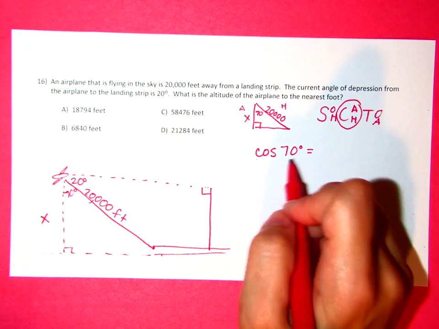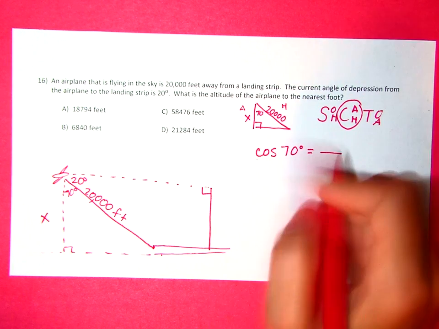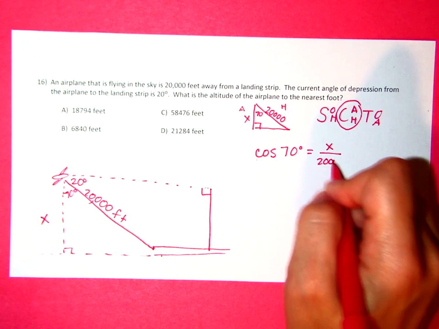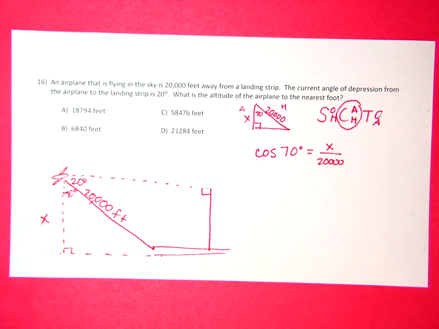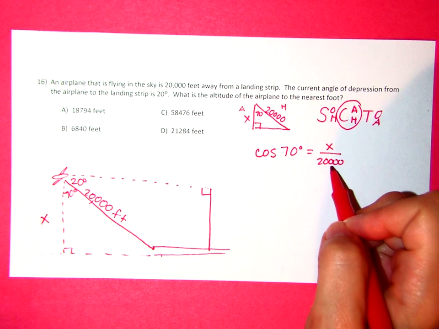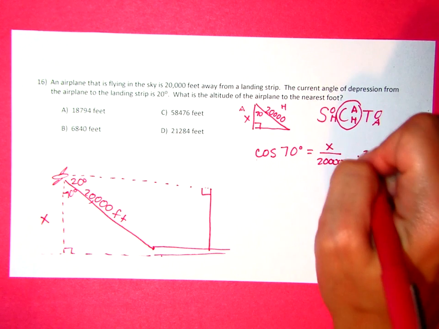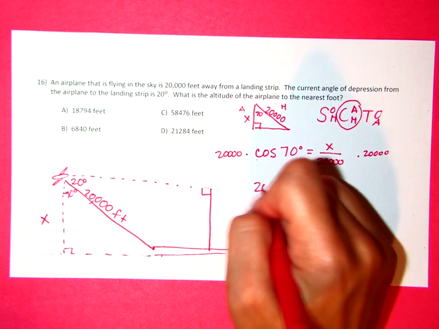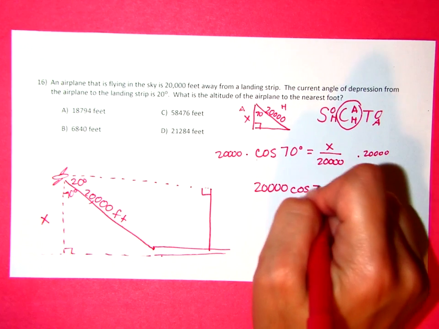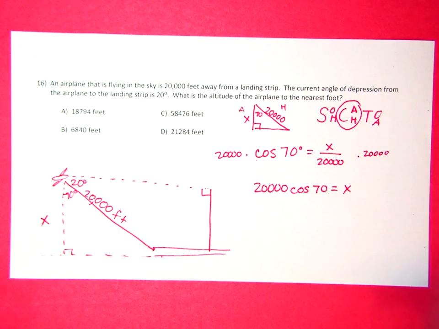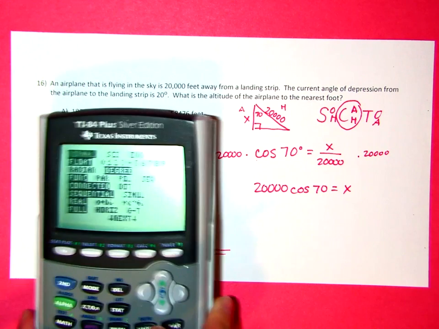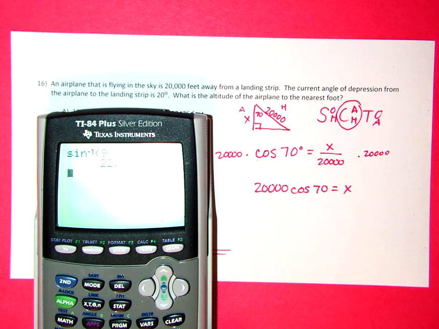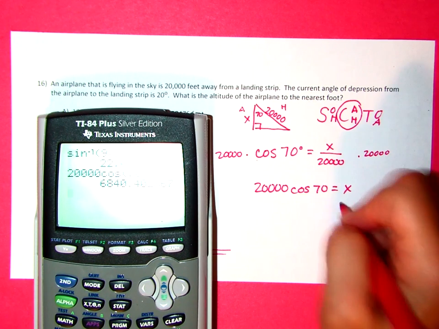So the cosine of 70 degrees is going to equal the adjacent side, which is x, over the hypotenuse, which is 20,000. Now we're trying to solve for x here, and this says x divided by 20,000. Well, the opposite of division is multiplication, so if I multiply both sides by 20,000, that gives me 20,000 cosine of 70 is going to equal my value of x. Pick up your calculator, and we want to put in 20,000 cosine of 70, and that gets me x equals